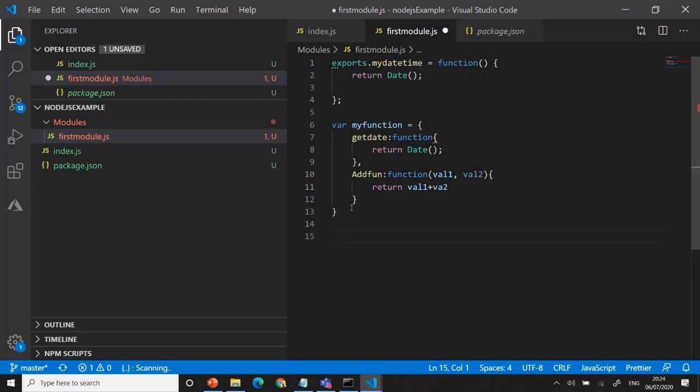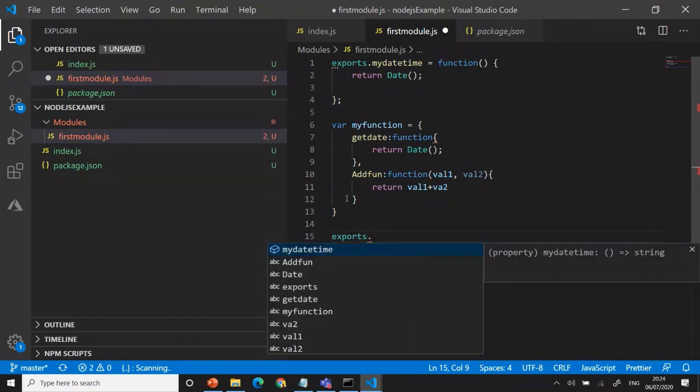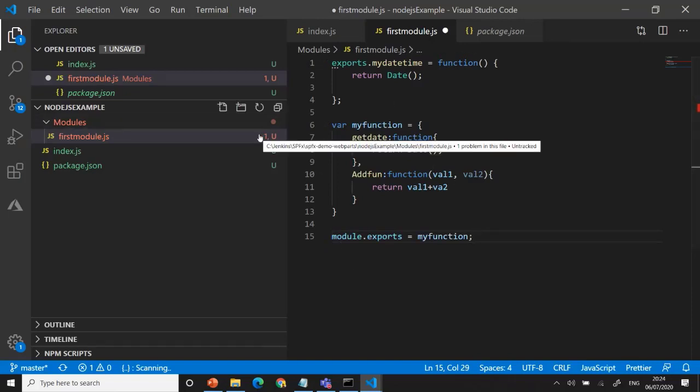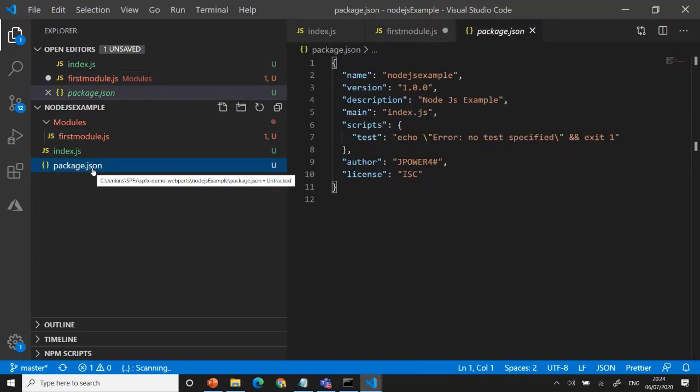For example, this is a function, right? Exports dot my day. This is my function, right? My function will be that. That's why we can export dot directly, or you can use module, right? It is a module, right? Module dot exports equal to my function. Like that you can easily export the value in Node. Now we understand that you can get the module, everything is JavaScript. Okay, due to time constraint, I'll move into the next one.